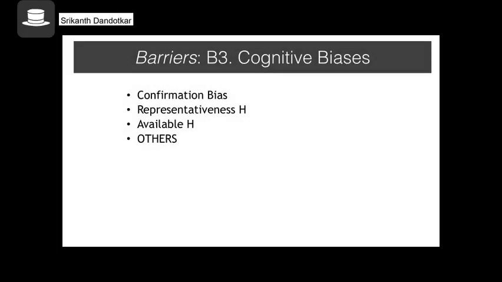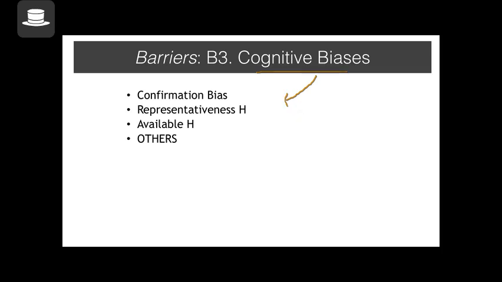The last barrier we're going to talk about are the cognitive biases. These biases are especially applicable, or act as roadblocks, in a specific kind of problem solving situation called decision making. Remember, decision making is the process of solving a problem by choosing an option over the other when multiple options are given to you. So cognitive biases are more applicable in decision-making situations.